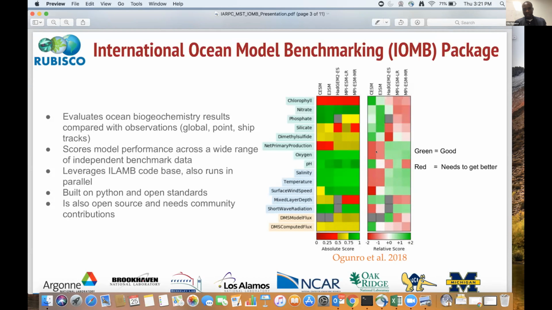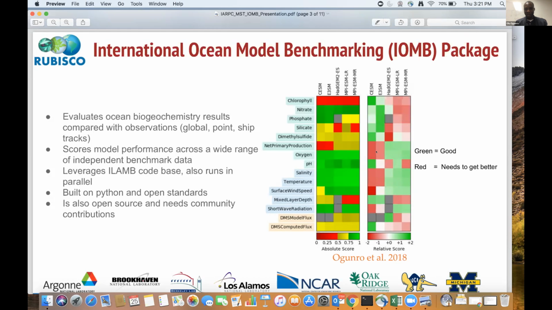In both, you see the models listed across the top, and different variables from top to bottom. The one on the left is the absolute score; I will show in the next slide or two how we came about it. The one on the right is the relative score, which gives us an idea of how well a particular model is doing with respect to all other models lined up for that run.